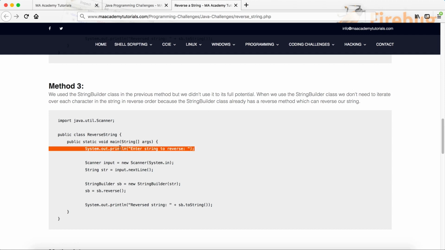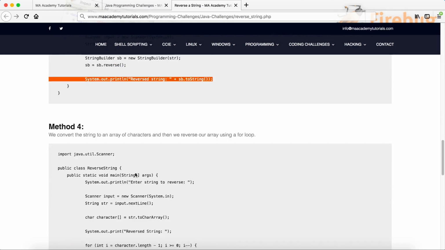So the first line, as always, prompts the user for input, creating an input object, and we take the input from the user. Then here we are creating our string object. However, this time for the string object, we are passing in the input that we took from the user, and we stored it in this string object. And in here I'm saying use this object that we created and then reverse it. So it will reverse whatever the user types, and at the end in here